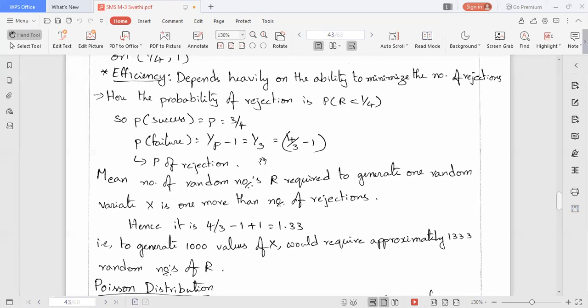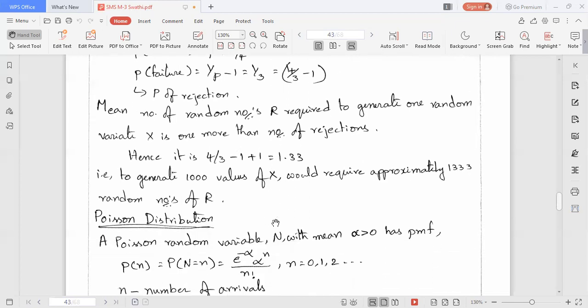Then the mean will be one more than that: 4/3 minus 1 plus 1 equals 1.33. So approximately 1.333 random numbers of R are required to generate each value of X, so about 1333 to generate 1000 values of X. This is about the acceptance and rejection technique.